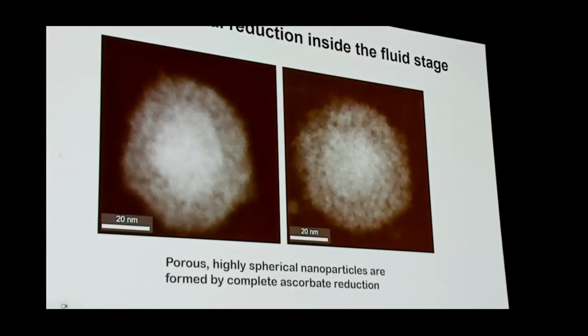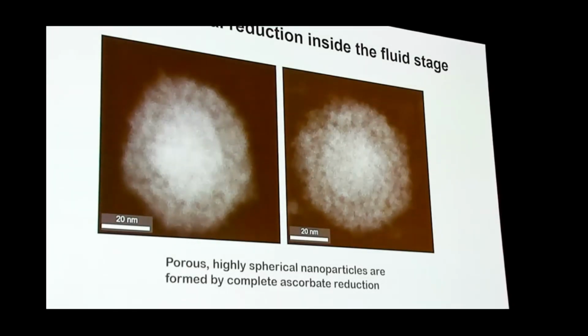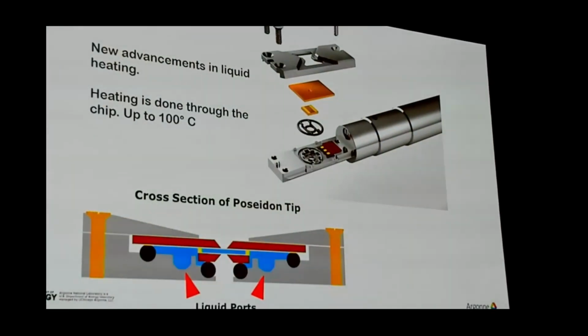And in the end, these porous nanoparticles are what we grow inside the microscope, which look like the particles grown outside of the microscope. So that's great when you're looking at things at room temperature. But now, if you want to try to understand how a zeolite forms, you need to do that